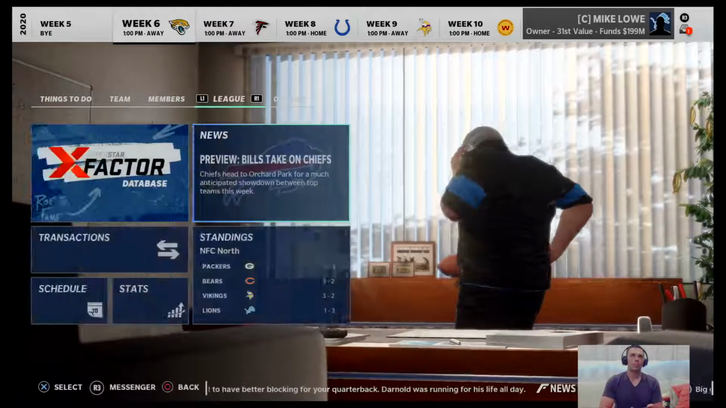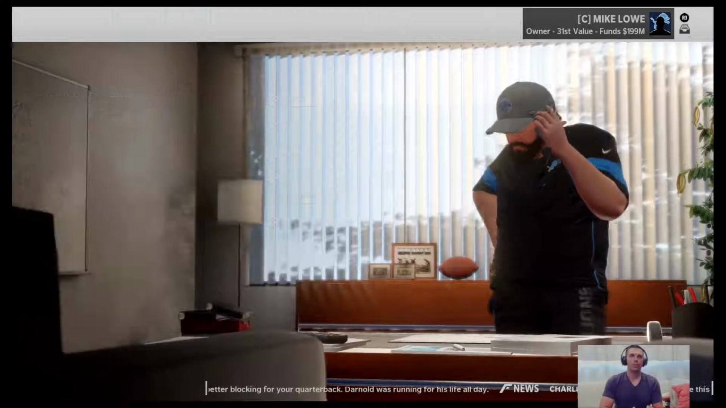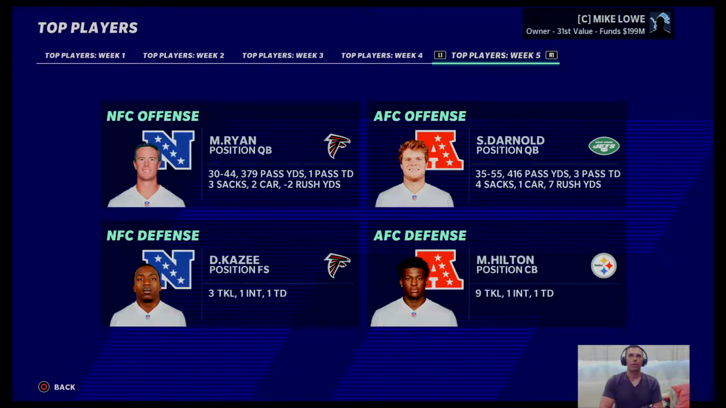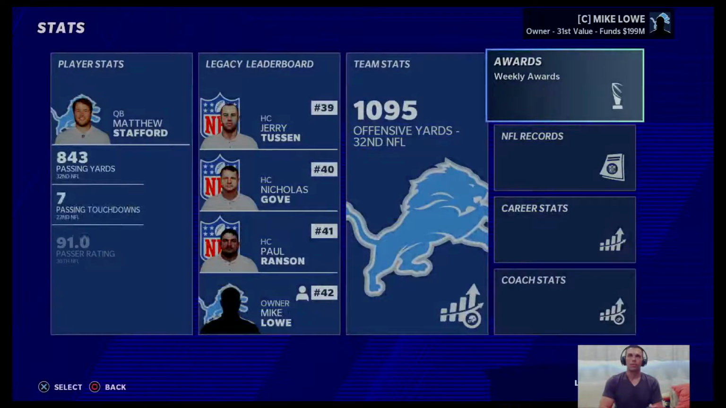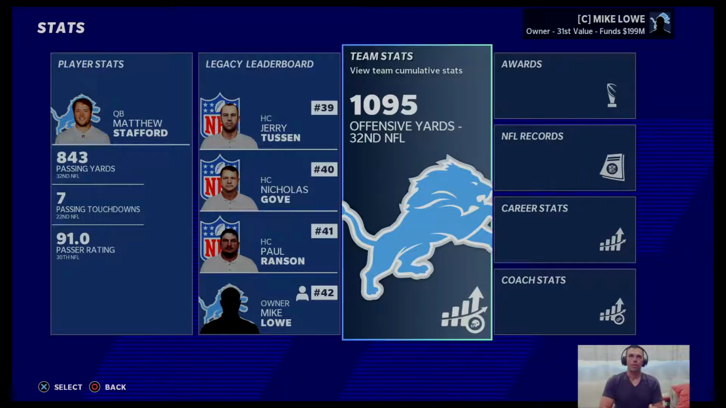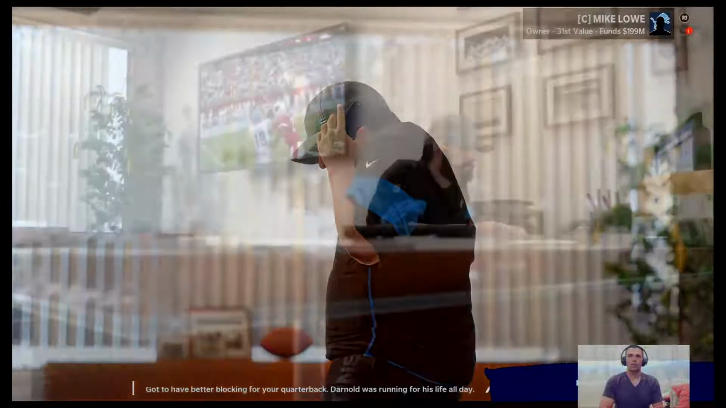Let's see. I want to check out who got player of the week here. Matt Ryan's having a good year. He's won that a couple times now. Falcons must have had a big game. Offense and defensive player of the week for the NFC. Sam Darnold, the AFC. Is it Mike Hilton, I think? With the Steelers there. 416 yards for Darnold. Alright, so